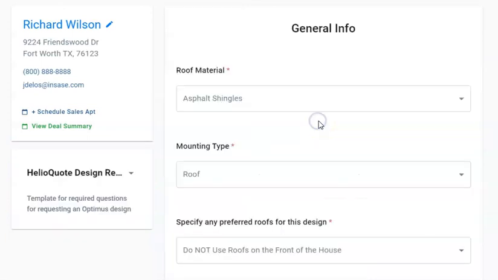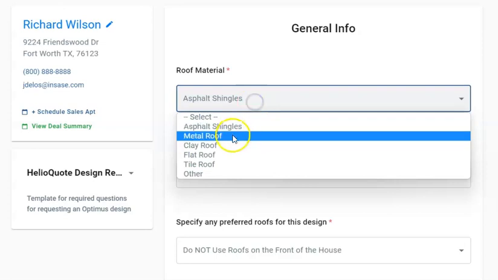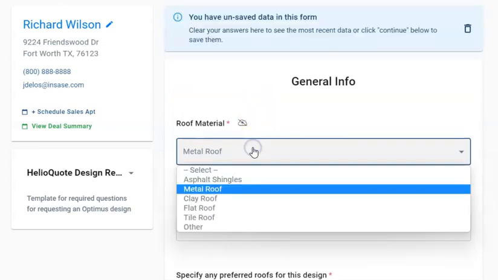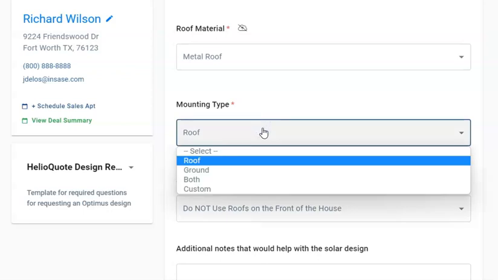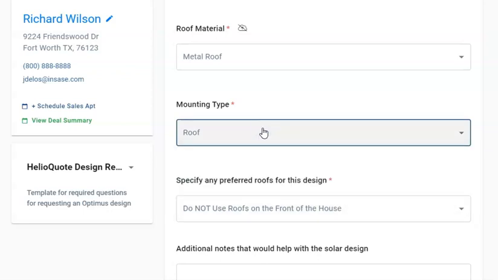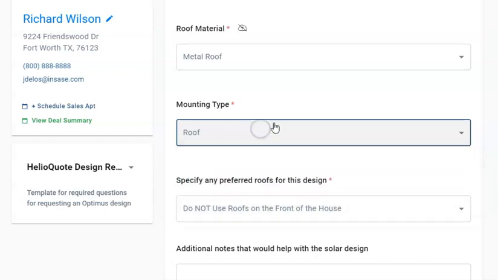So when he clicks here, there also have to be limitations on this. So we have to make certain changes. One is roof material here, only have two, which is shingles and metal, something like this. And mounting type, there's no point to have in here. Probably we want every single lead to say that it's going to be roof. Typically it's going to be roof, so probably we remove this mounting type in here